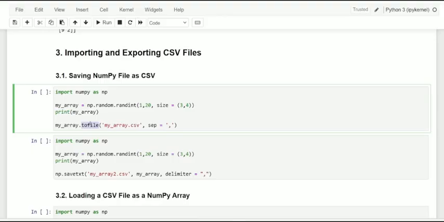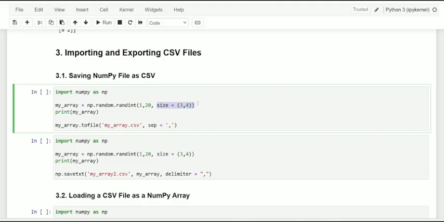Let me start with how to save a NumPy array in the form of CSV. You can use the tofile method and pass it your NumPy array. Kindly observe this example, dear friends. We are going to have random numbers between 1 to 20, and the size of the two-dimensional array is 3 by 4, so 3 rows and 4 columns.